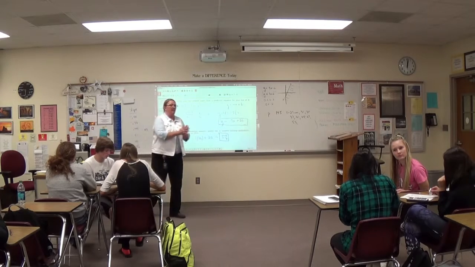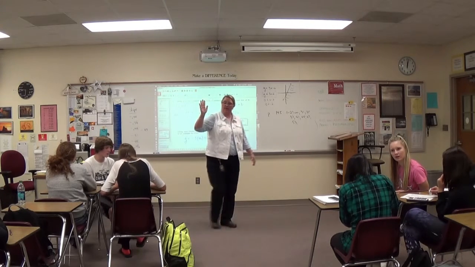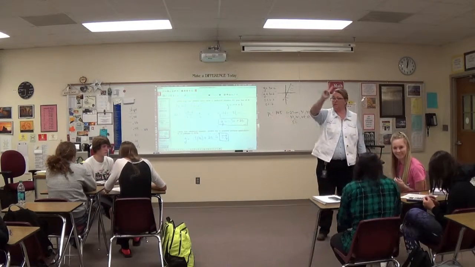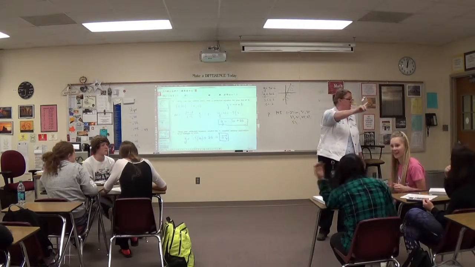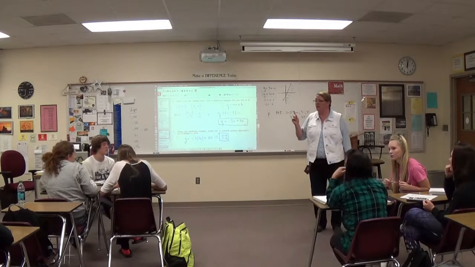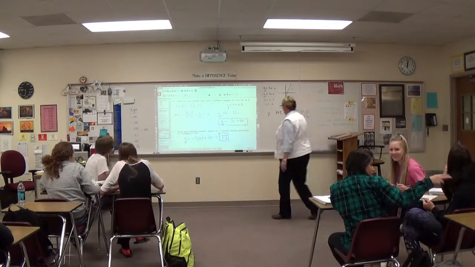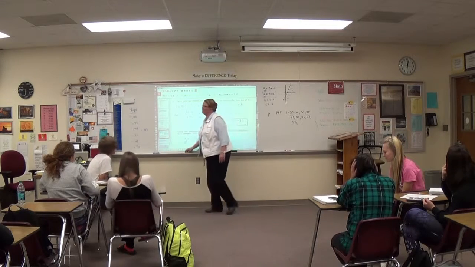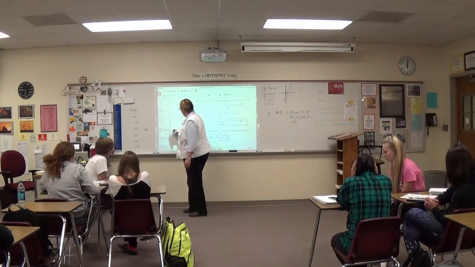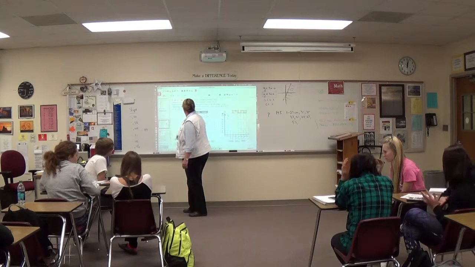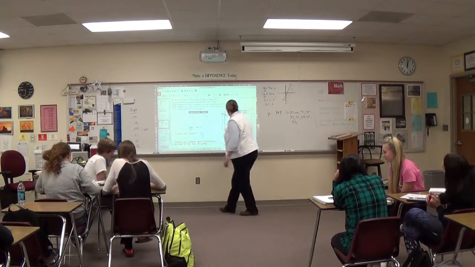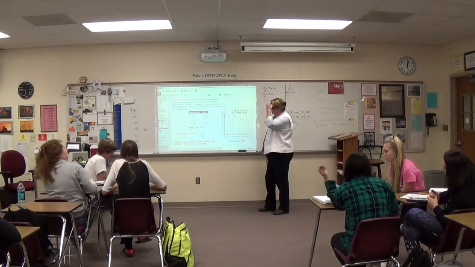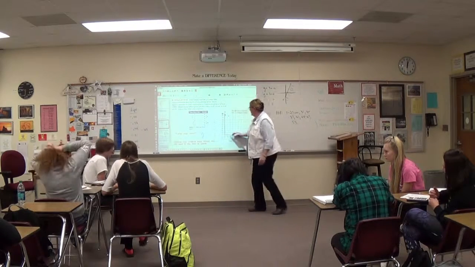Okay, how many of you are comfortable with your work? Okay? 2 groups are comfortable. The rest of you need to look up here. We need to determine where it is that you're having trouble. So we're going to do this one more time with 2 different ordered pairs. But we have to pick 2 ordered pairs that seem reasonable here. So I'm going to go ahead with my 3, 8,